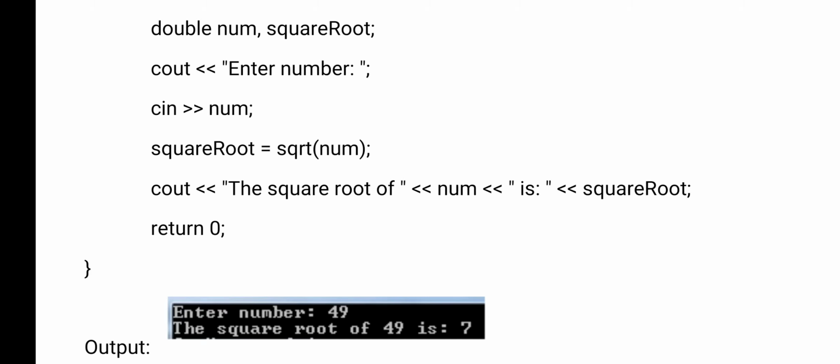Inside the function, what have I given? num. Here what is the num? Whatever value the user is giving. So whatever value the user has given, for that we'll find out the square root using the sqrt function. But here nothing we have written, it is already there. Just we are giving a number, for which number you want to find out the square root.